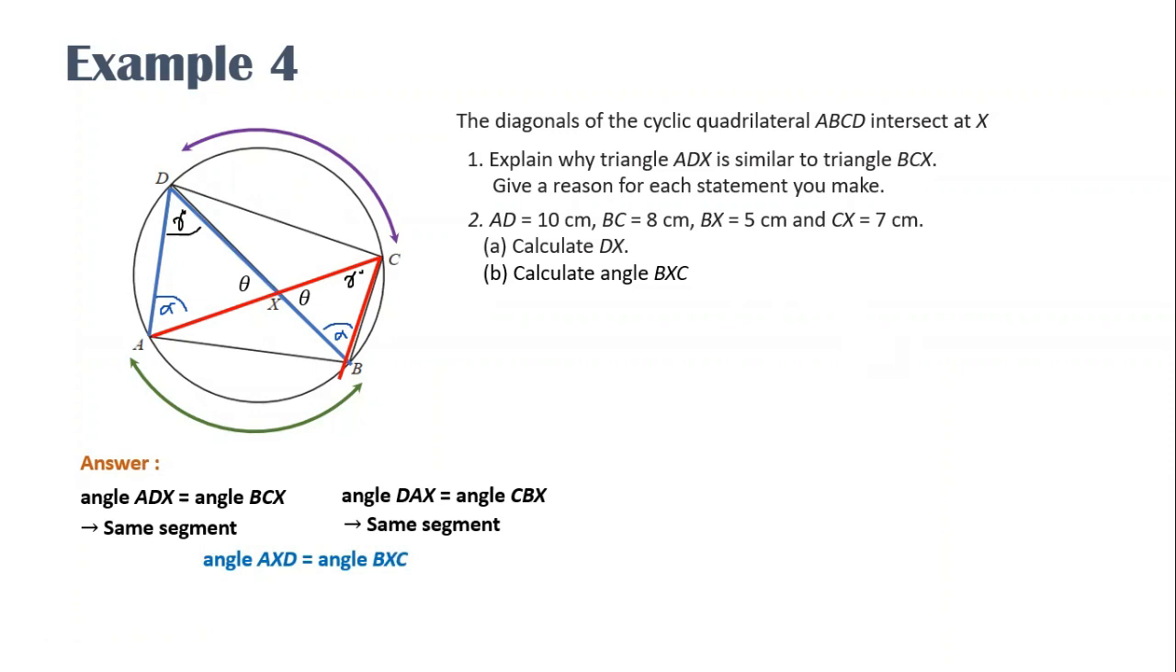So the conclusion is angle AXD equals angle BXC. We name the angle theta. So theta equals theta. Angle AXD equals angle BXC. So the conclusion is triangle ADX is similar to triangle BCX. Is it clear, everyone? Next,